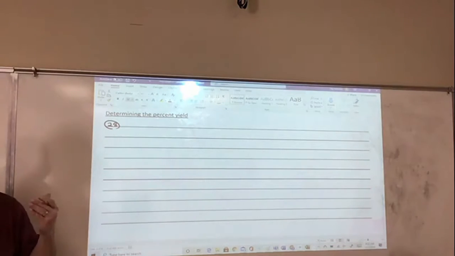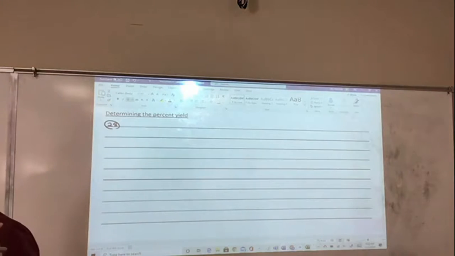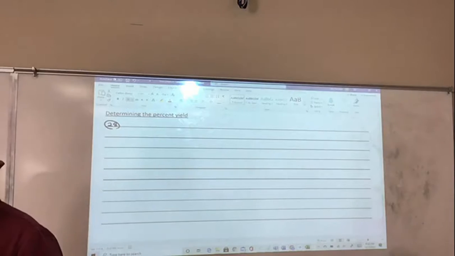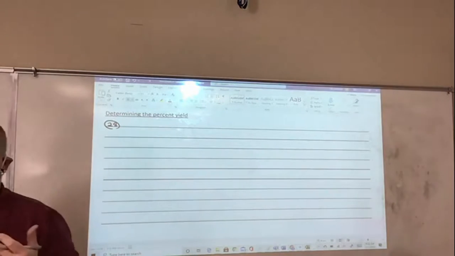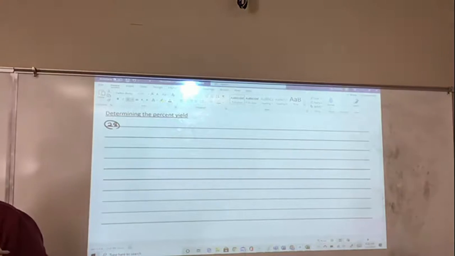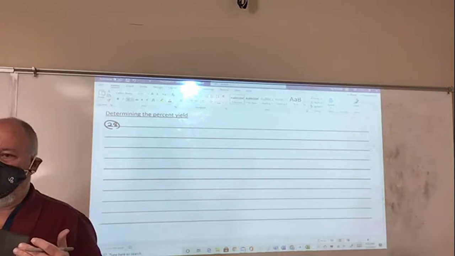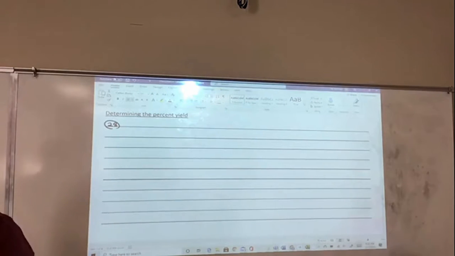What would I want to say is a formula that will determine the percent yield for me? What is the percent yield again? Remember, I'm supposed to get a certain amount, but I got a different amount. Would you take your projected amount and divide it by the actual amount and put that here? That would give you more than 100%. So yeah, I want to take